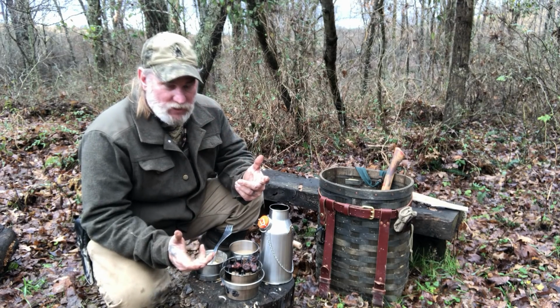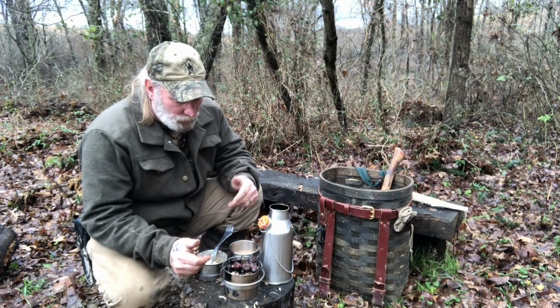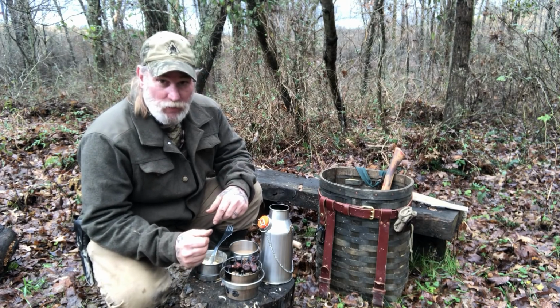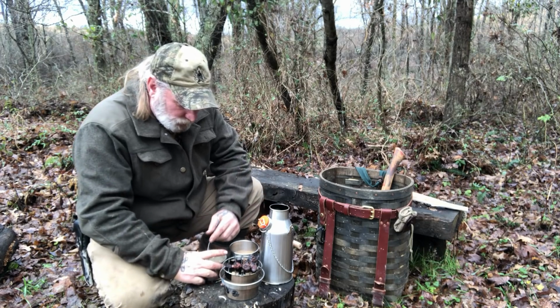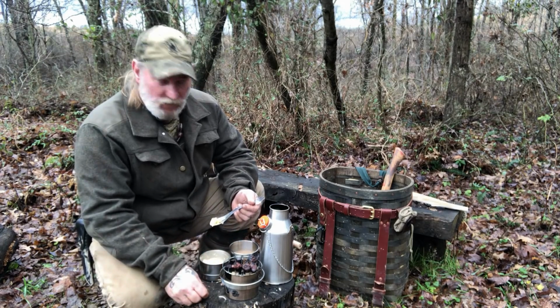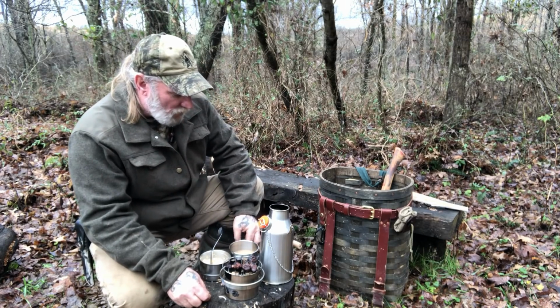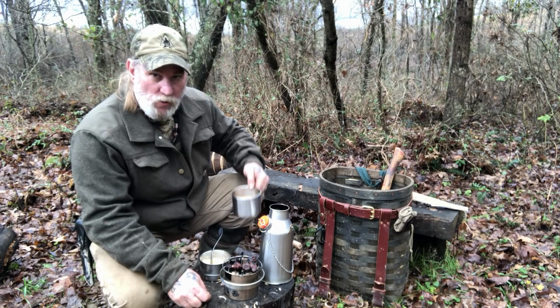I know somebody's gonna ask me what beaver tastes like. It just tastes like red meat. That's what it tastes like. Not much different than steak or anything else. It's red meat. Being able to warm yourself up, get a good meal in you in wet weather,